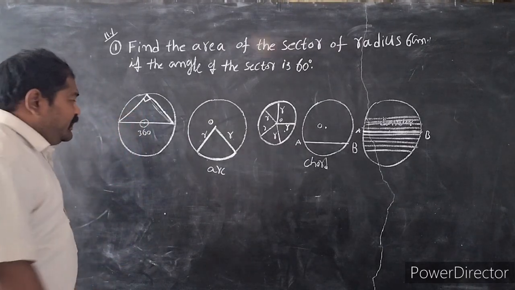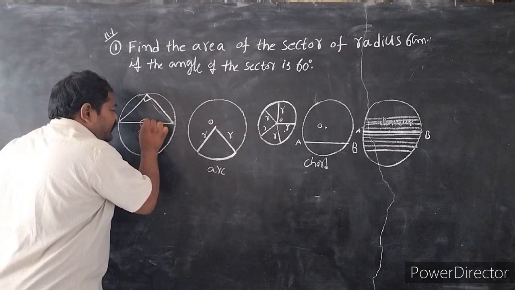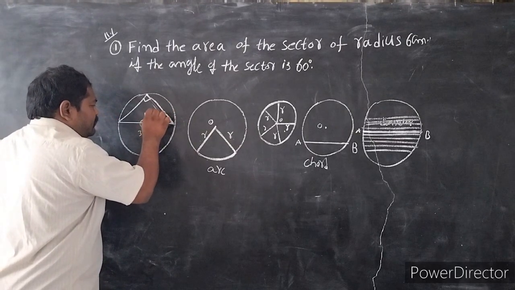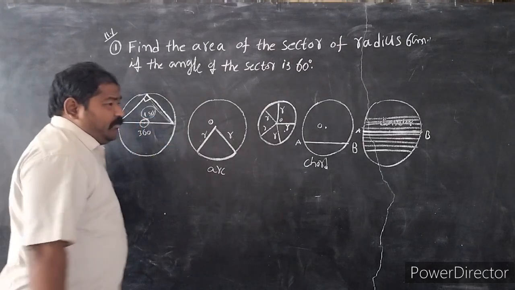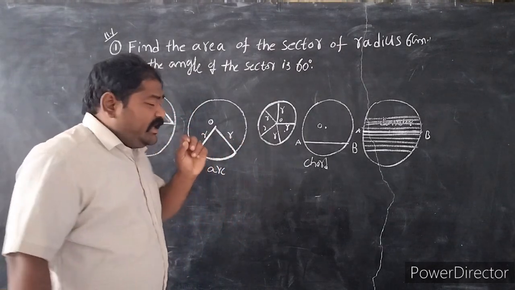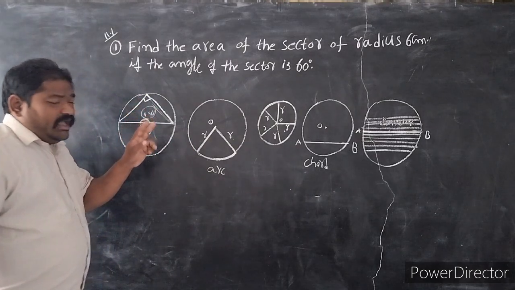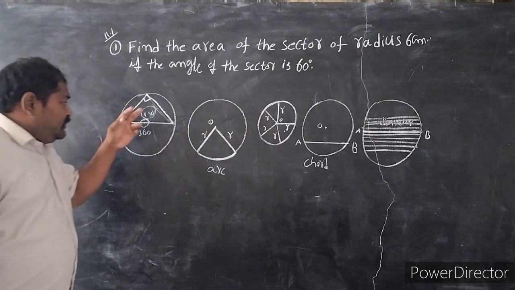But the point is, the angle in the semicircle at the center is 180 degrees. There is a lot of difference between the angle in the semicircle and the angle in the semicircle at the center, which is 180 degrees. The angle in the semicircle is